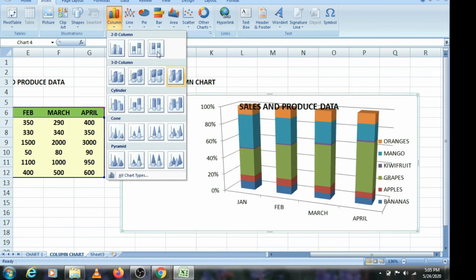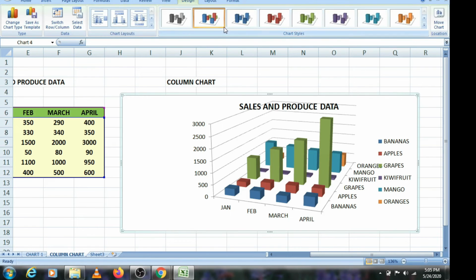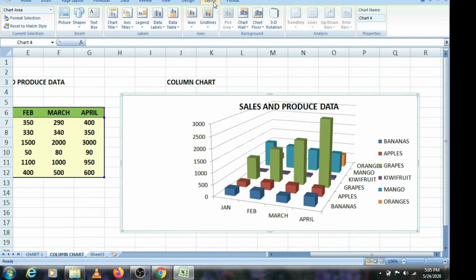Here you can choose all the options and make your chart very beautiful so that your presentation will look very good. You can insert a text box. You can insert the picture.